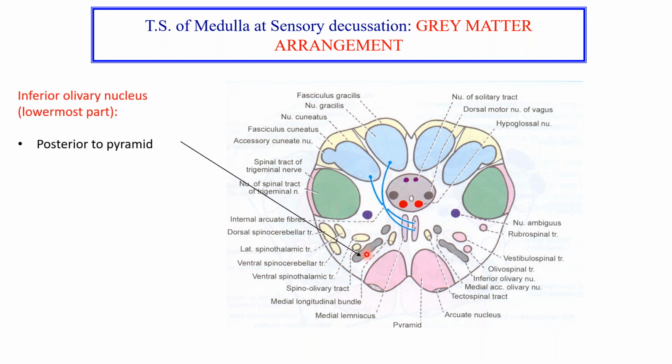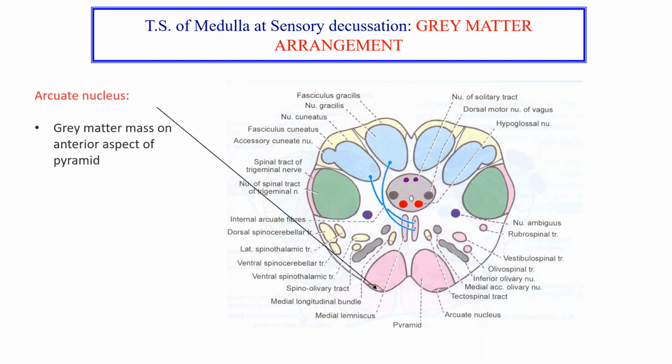Another important thing that you should not miss drawing is the lowermost part of the inferior olivary nucleus. In the higher level, you will see all the portions of the inferior olivary nucleus, but right here you will be drawing this just posterior to the pyramid. You should be able to draw this. Remember, this was behind the pyramid. This was the area of olive containing the inferior olivary nucleus. So that is why just behind the pyramid you have to draw this inferior olivary nucleus. So whatever knowledge of gross anatomy you have, apply it over here for the diagram of transverse section. The gray matter mass on the anterior aspect of the pyramid is the arcuate nucleus